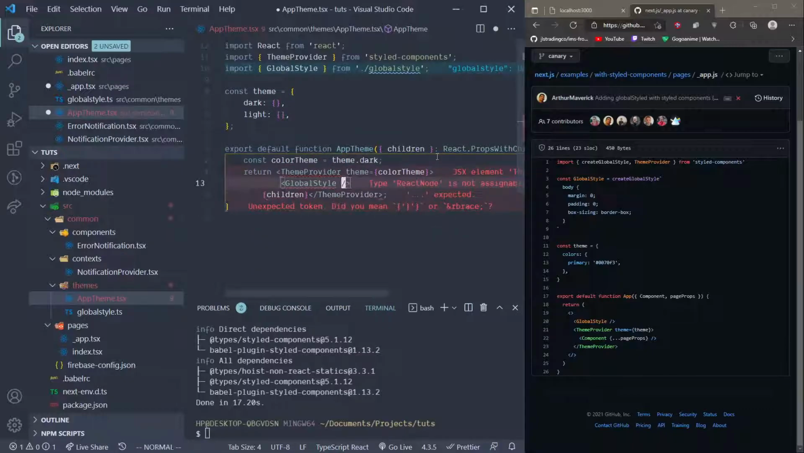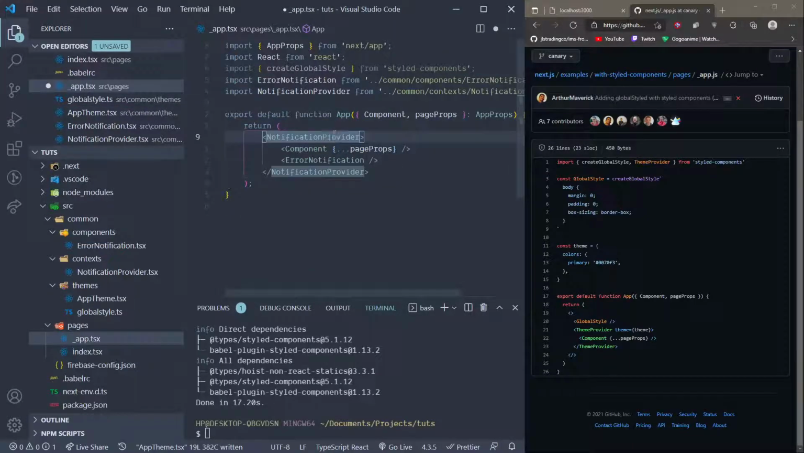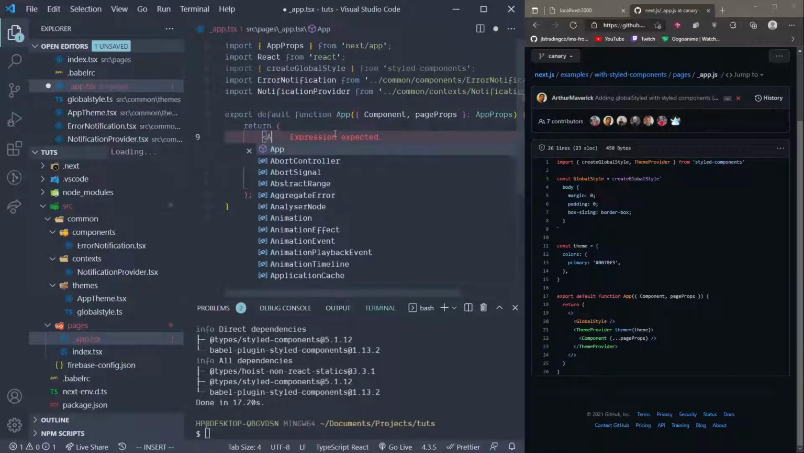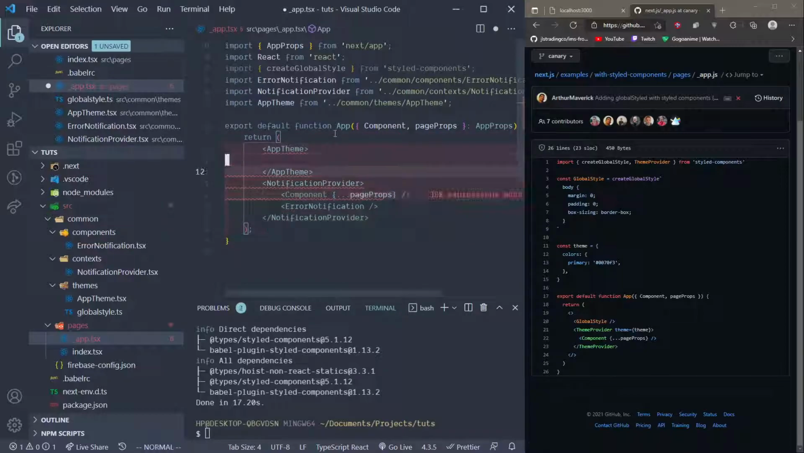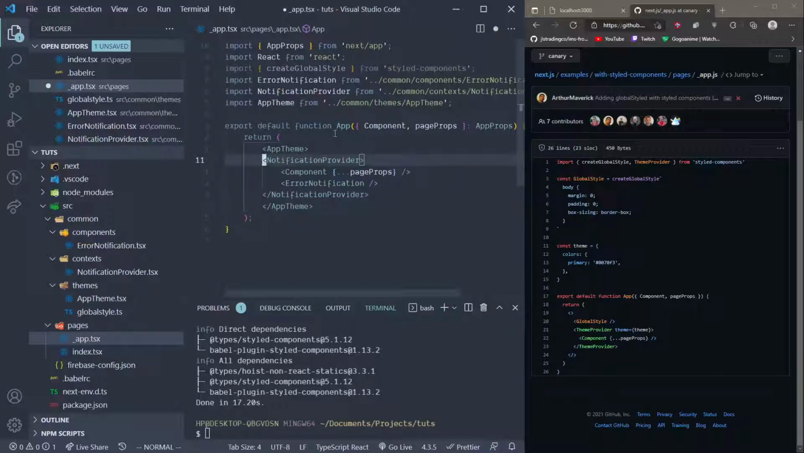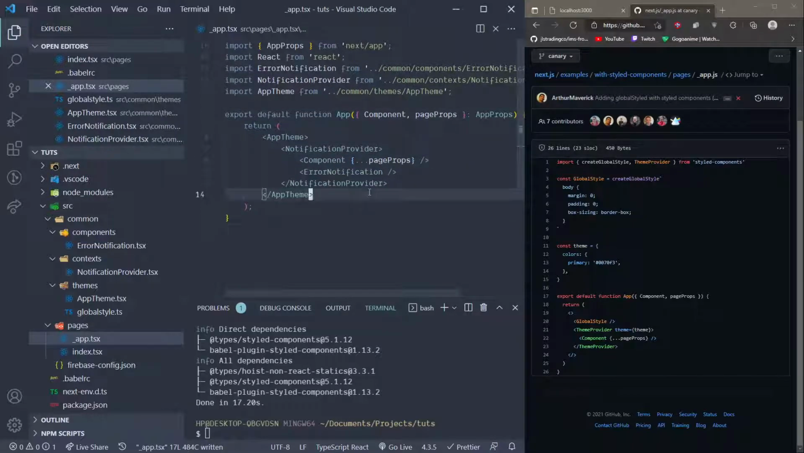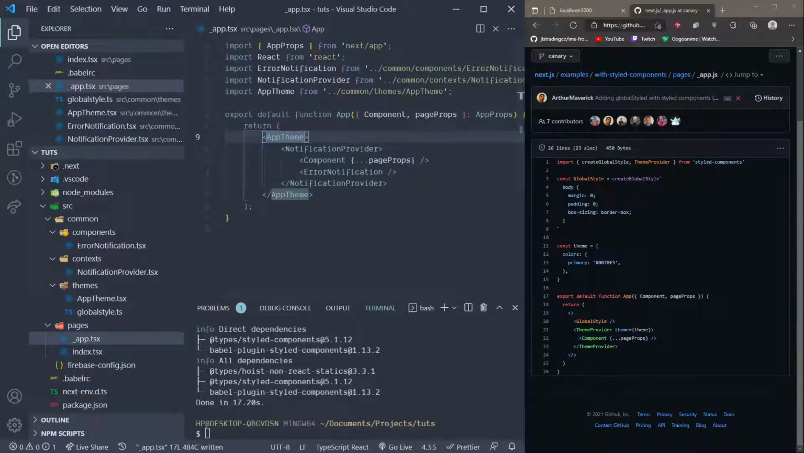Global style as well. Maybe the global style wants to access some themes. Yeah. And so let's put that at the very top of the component tree, the app theme. Get that. And save that. Awesome. So we have our app theme. That should do it. Now for the other